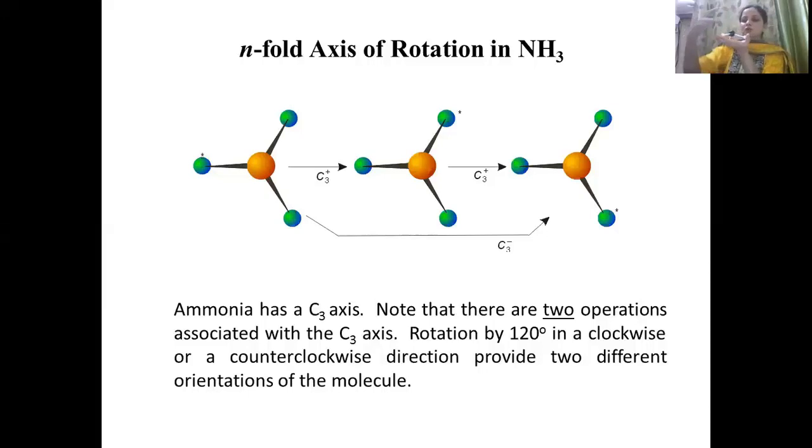When you visualize this molecule, these three hydrogen atoms are forming a triangle. So if there is a triangle, what is the angle in between? I have to complete that 360 degrees. So at 360, I have three points which are at an equal distance. 360 divided by 3 is 120 degrees. It means I have to rotate this molecule through 120 degrees to get an identical structure. Suppose this is your H1, 2, and 3. Now I am rotating in the clockwise direction.